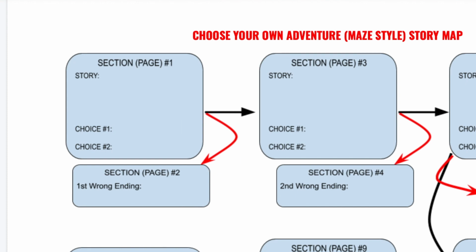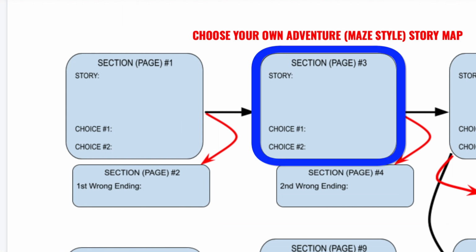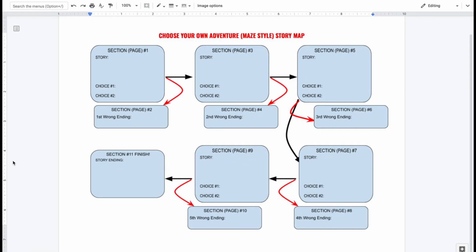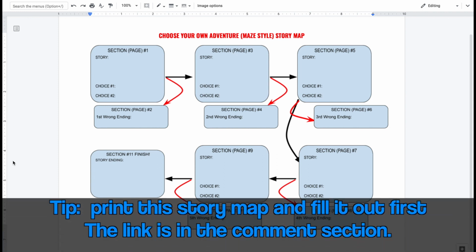and the story ends. The big sections, the bigger rectangles, represent good choices, the choices where the story continues. The smaller rectangles on your screen represent choices where the story ends because you've made the wrong choice. Again, you don't have to design your story this way, but it is one of the easier ways to plan out a Choose Your Own Adventure style story. So I would print this, fill out some of the details so you're ready to go when you're beginning construction